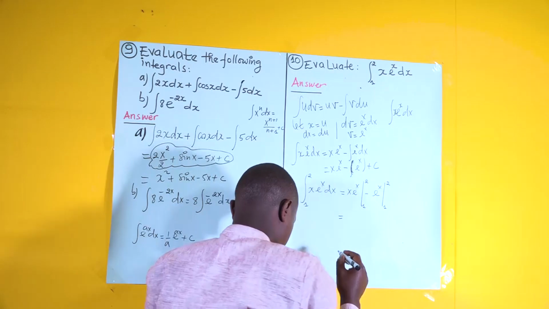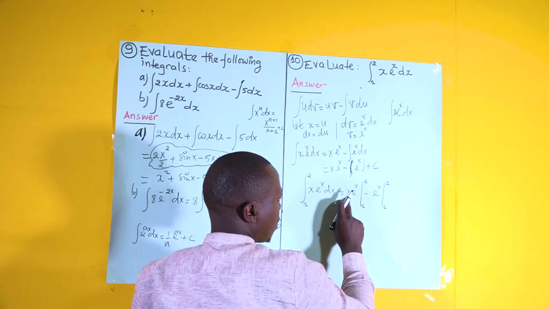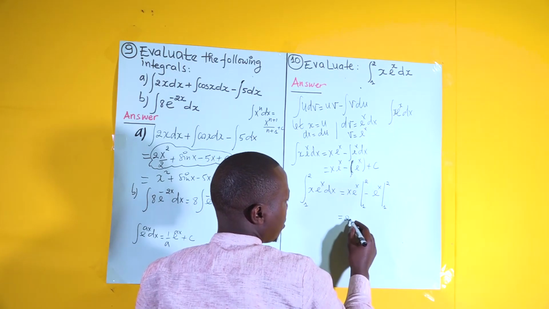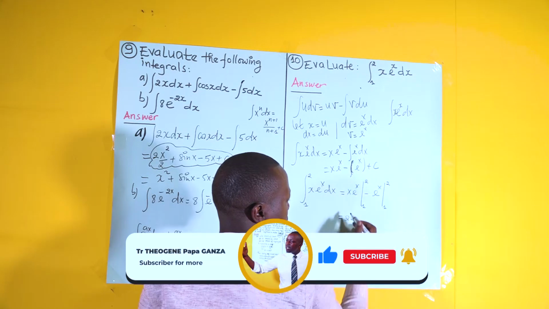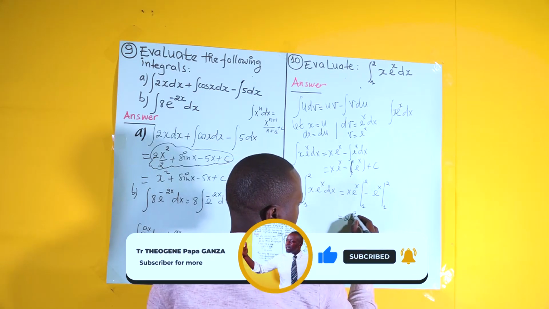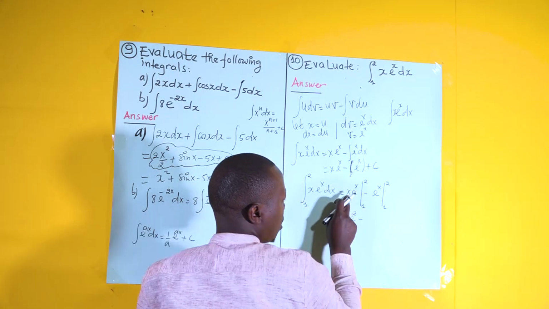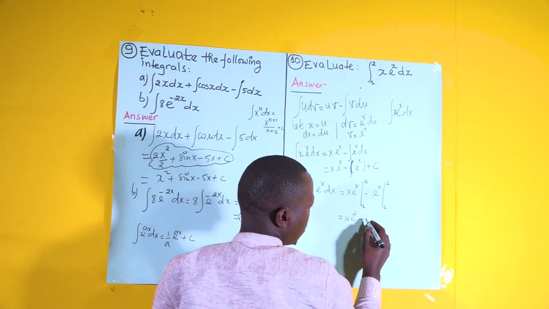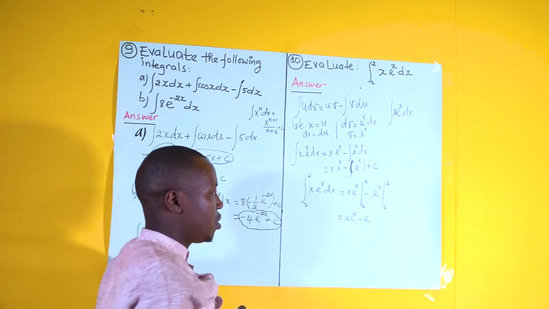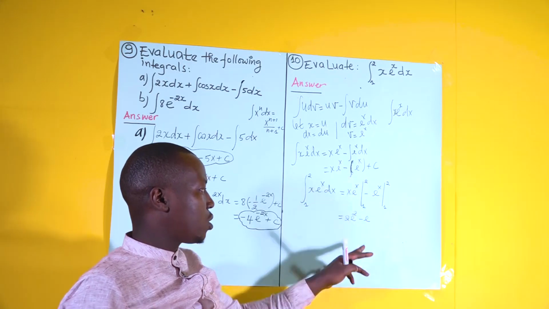So this will give us what? Let's substitute 2 here. We have x, so we substitute the value of x, which is 2, minus, and let's substitute 1 here, 1 to the power 1. Power 1 gives us